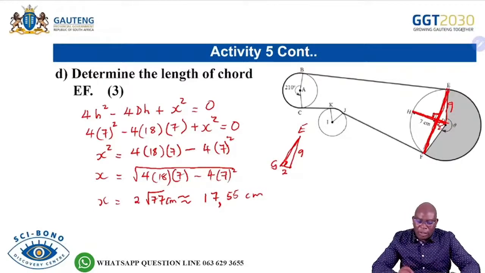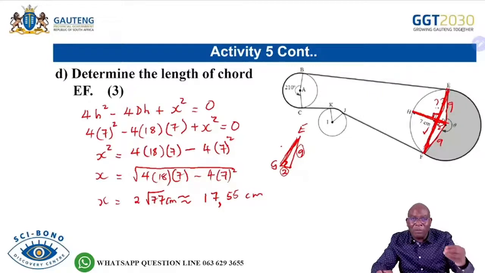Okay, so I can get that length by using the theorem of Pythagoras, which is going to be 9 squared minus 2 squared. Then I can get that length. After I get that length here, I can then multiply it by 2. The same thing will apply there. This is 9 and there is 2, I can get that length. So it's the same as multiplying that length by 2, and the answer that we'll get will be closer to